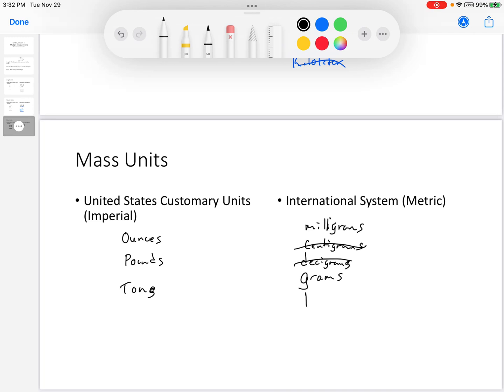Larger than grams are again decagrams, heptagrams, and kilograms. We really don't see decagrams and heptagrams. Mostly you see grams, milligrams, as I said, on the sides of pills or on the sides of cereal boxes, and kilograms. Larger than that is tons, and to distinguish it from the old tons, it's spelled T-O-N-N-E-S, or